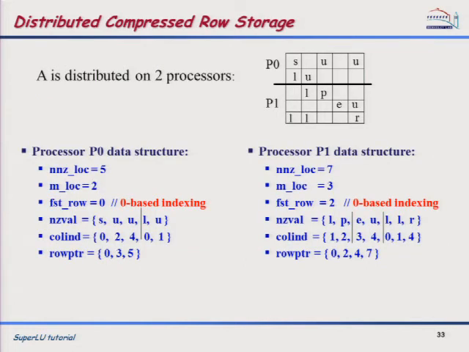And for example, for a matrix A that's distributed across two processors, P0 and P1, this would then be the data structure on P0. You can see that the block there at the top has